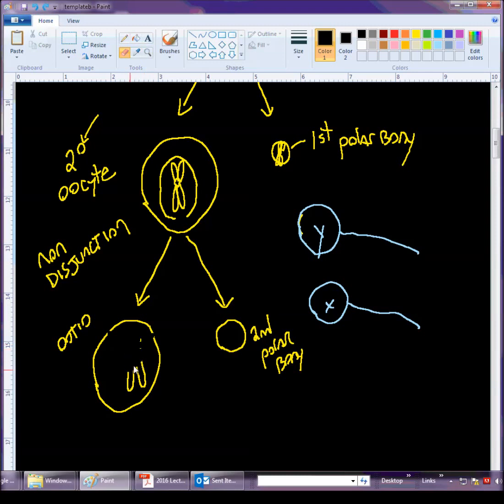I'm erasing these because we're going to back up and talk about how non-disjunction can lead to Turner syndrome in a human. So one way that could happen is if these chromosomes fail to separate,